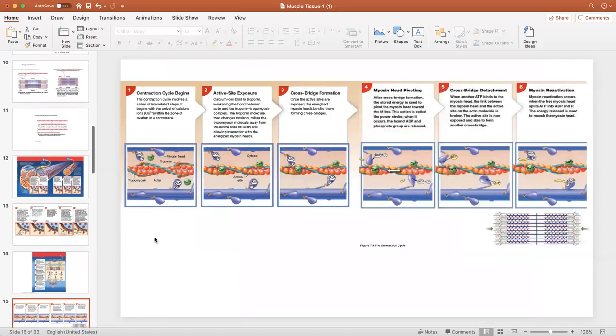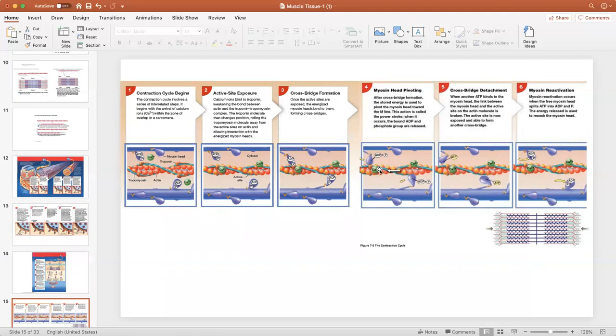And we'll go to this one. So this one, we see the calcium coming and attaching to the troponin, moving the tropomyosin. Once it moves, the myosin head forms an attachment with the active site. This is called a cross bridge. That's cross bridging. So when this cross bridge forms, it's when the myosin head attaches to the active site